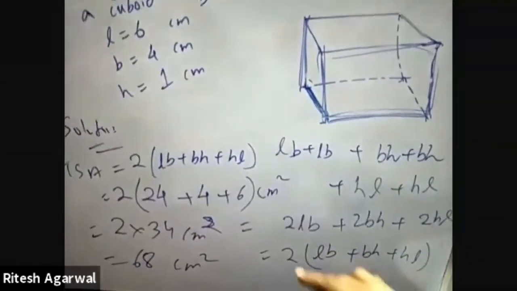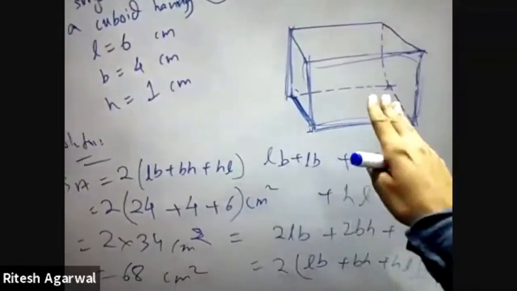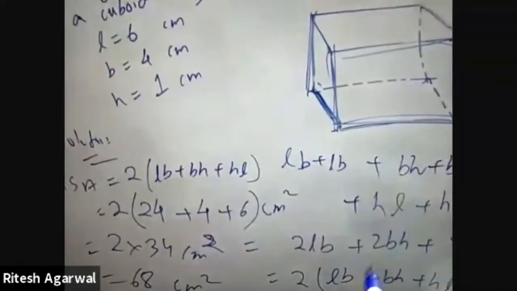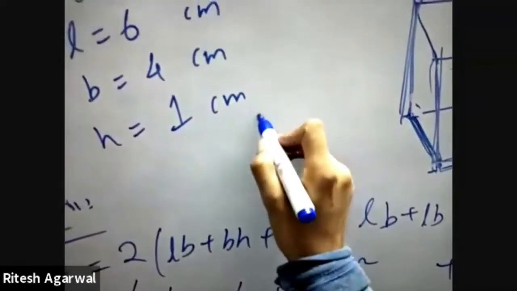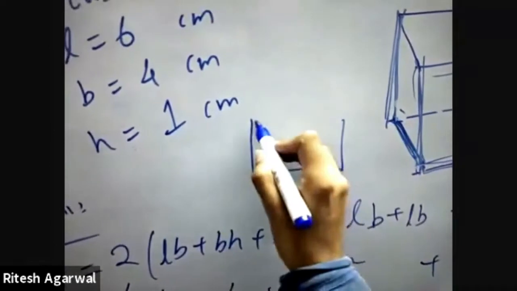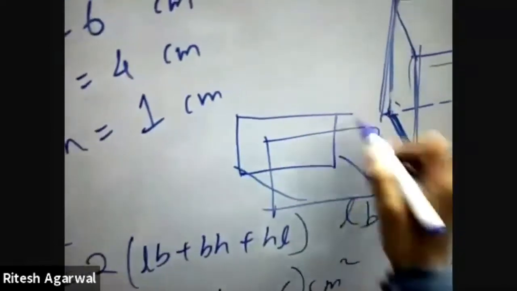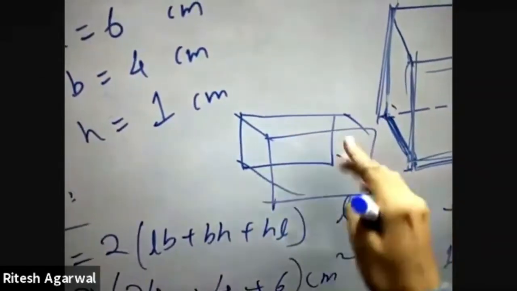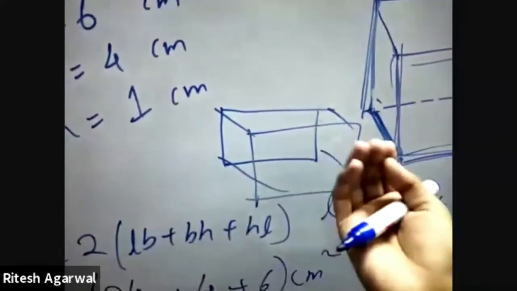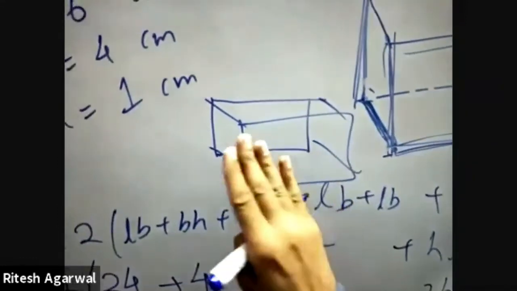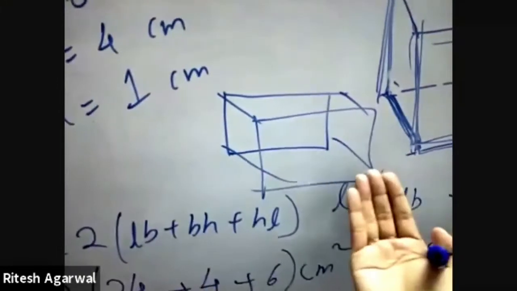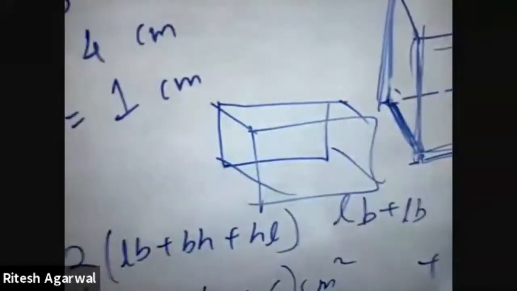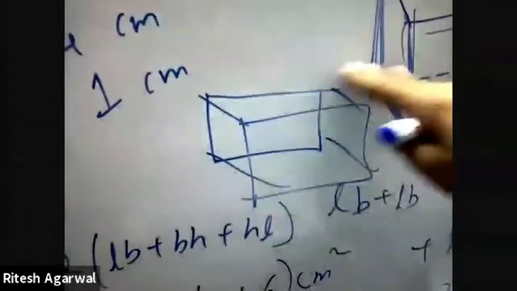Now, please note, here we have taken the total surface area of the entire cuboid. But in case you are told that there is a box, but the box is open from the top, which means that the box is, let us say, made of cardboard or some kind of paper or material, and it has 5 solid surfaces, including the bottom surface, but the top surface is open. It is an open box. There is no covering at the top.